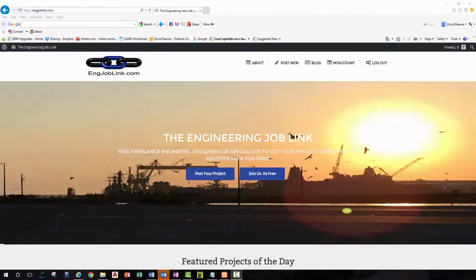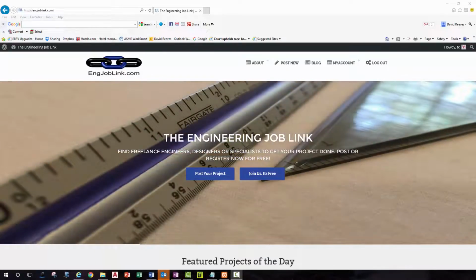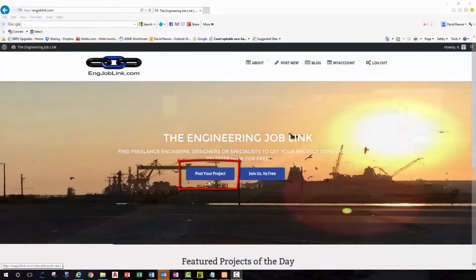Stay tuned for a quick video on how to post a job. If you are a client and you want to post a job, there are a couple of different areas on the Engineering Job Link that you can do that. First, you can do that on your home screen here. If you see Post Your Project right there in the middle of the screen, that'll take you to a job